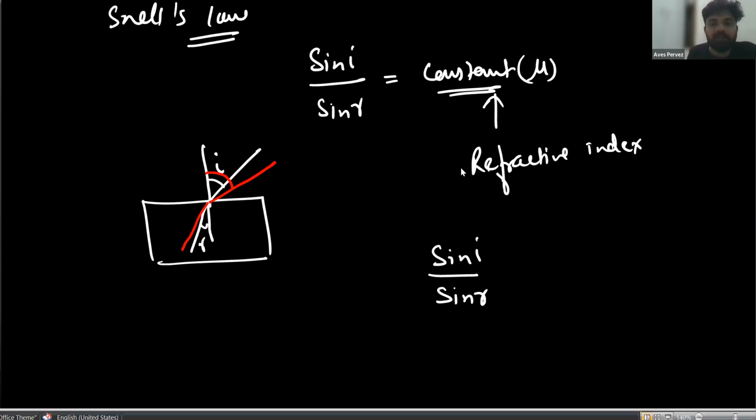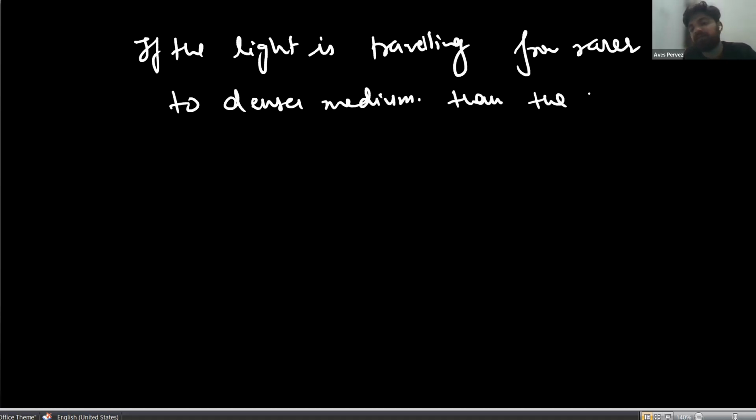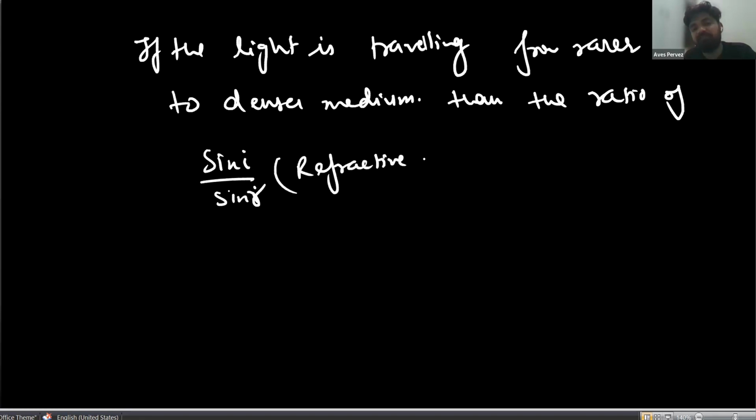Is that when light is traveling from a rarer medium to a denser medium, then the ratio of sin i by sin r, which we call the refractive index, the ratio of sin i by sin r